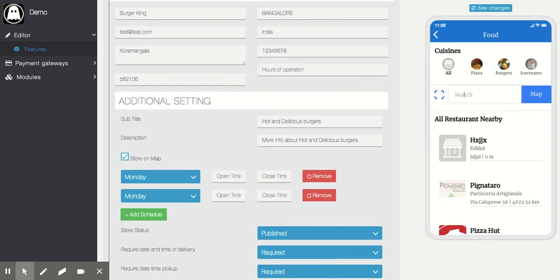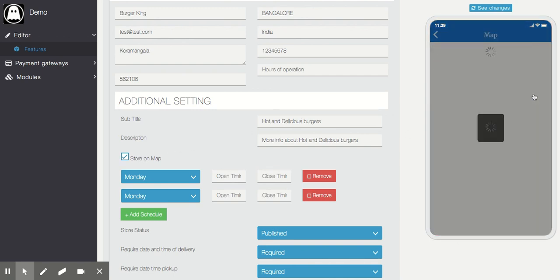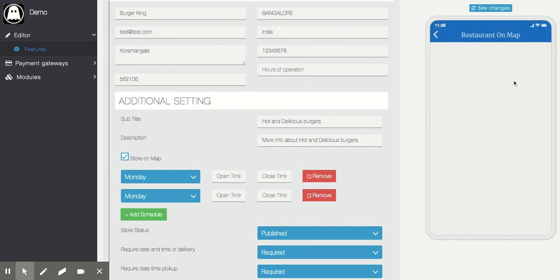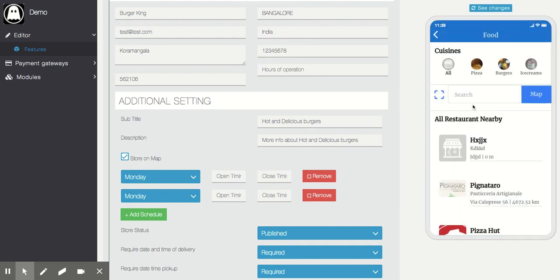One more thing I forgot to mention: there is one setting called store on map, where you can display the store on the map. There is one button called map. If you click that, it will... actually, I'm not on an HTTPS site, so I'm not able to get the location.